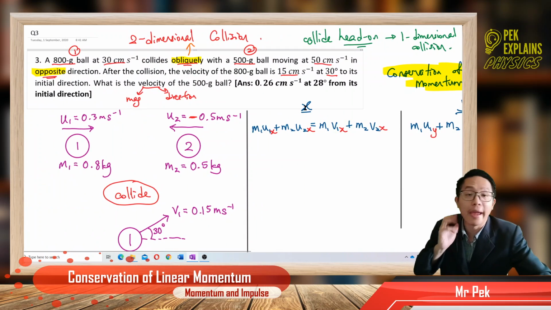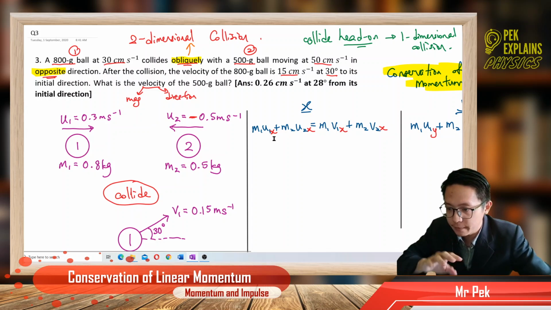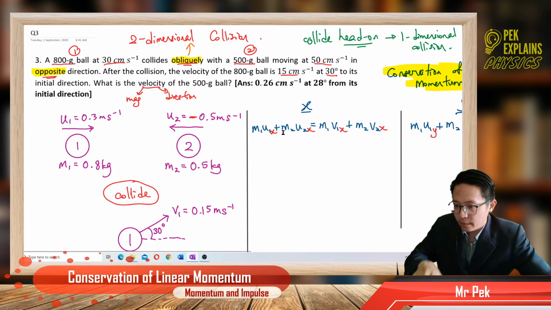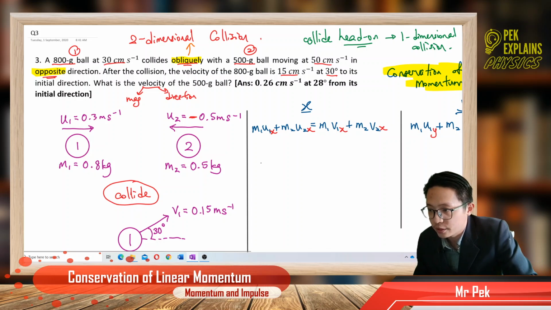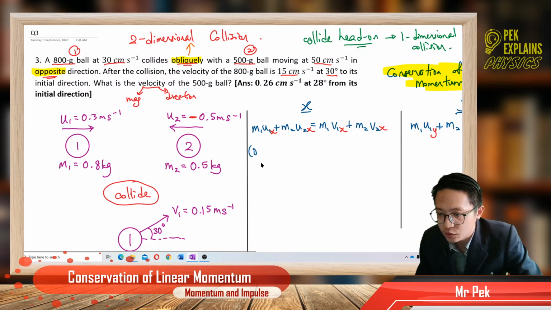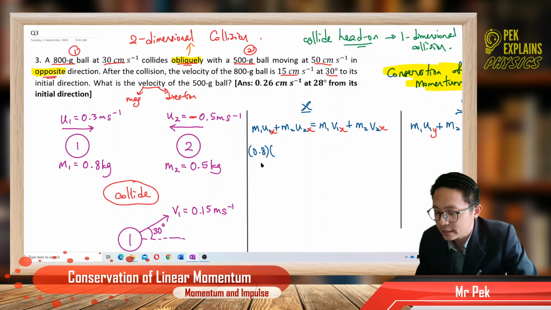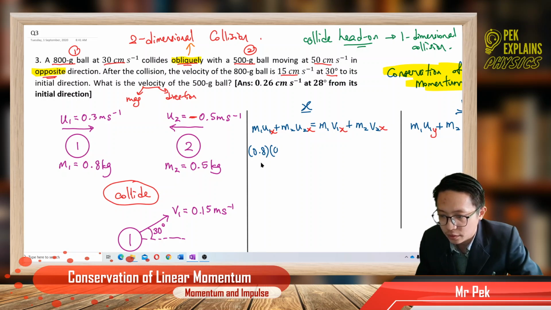So let us look at the x component. This is before collision and this is after collision. Before collision, the velocity is the x component, so we can write down all the information. Mass 1 is 0.8, u1x, this one is in the x component, 0.3, plus